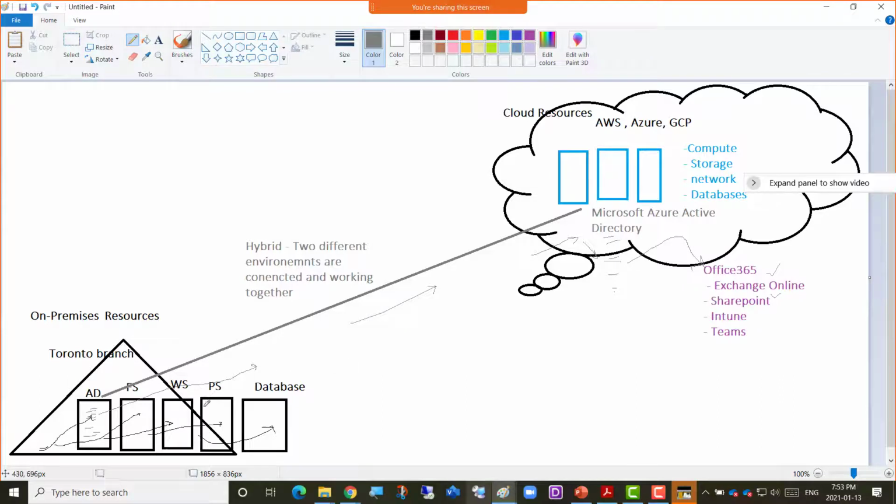So sometimes companies say that, because I've been using it for 6 months or 1 year, SharePoint is so good, how about I just get rid of the SharePoint here. Suppose this was a SharePoint server. I'm going to move all my data slowly to SharePoint Online, and then I can get rid of this physical server. Suppose there were 4 physical servers where SharePoint was installed. So you get rid of 4 physical servers, and you need less physical space in your local branch or on premises.